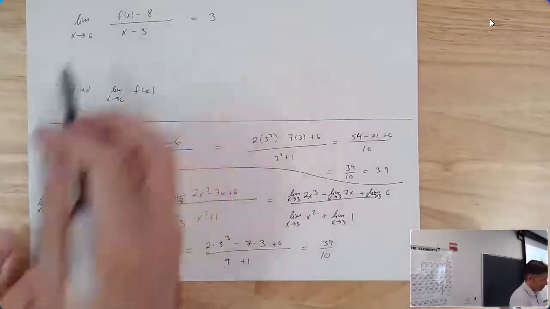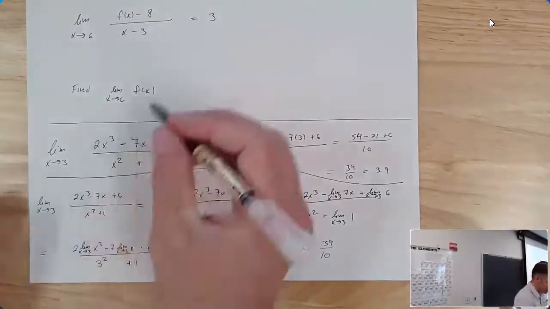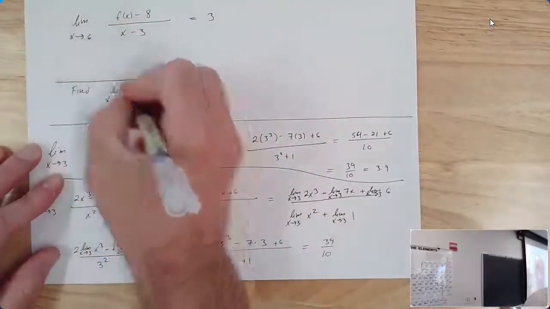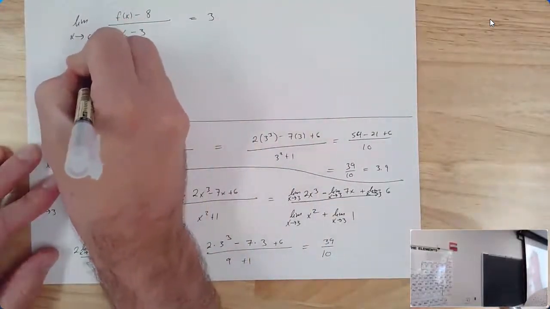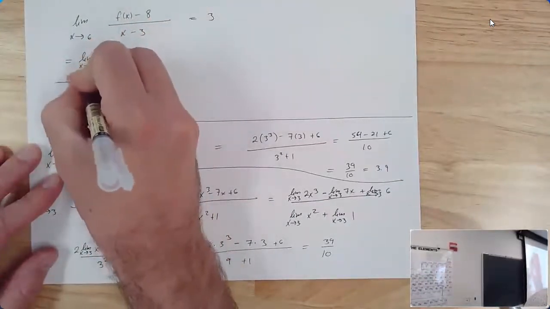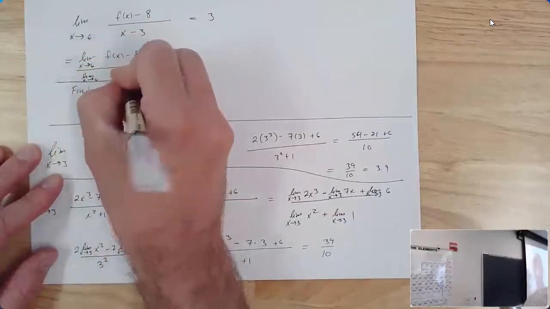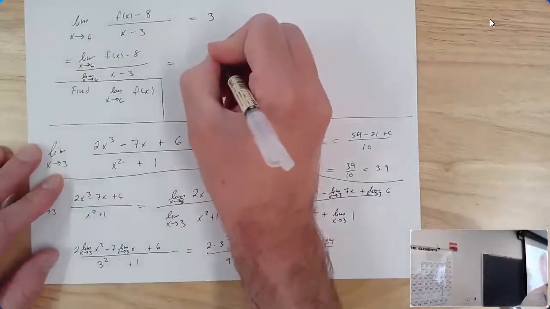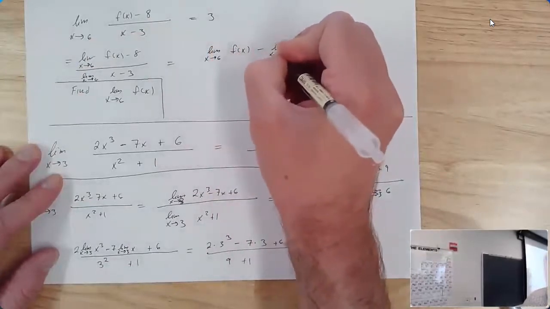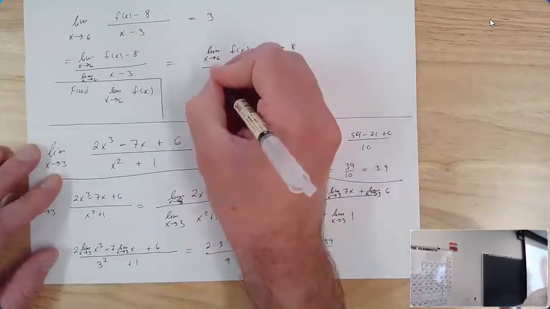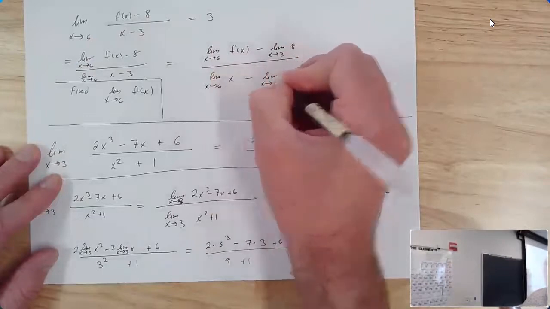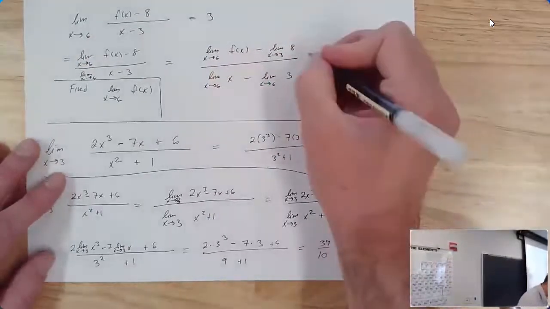So here, back to this one, what we can say using those rules is that this is equal to the limit as x approaches 6 of f of x minus 8 over the limit as x approaches 6 of x minus 3. And that's equal to the limit as x approaches 6 of f of x minus the limit as x approaches 3 of 8 over the limit as x approaches 6 of x minus the limit as x approaches 6 of 3. All right, so now I'm going to ask everybody,